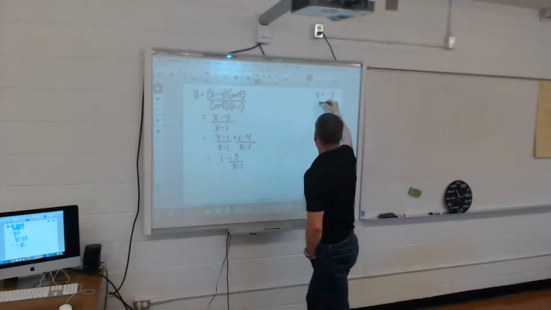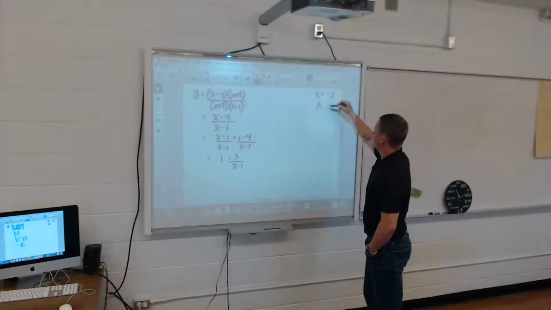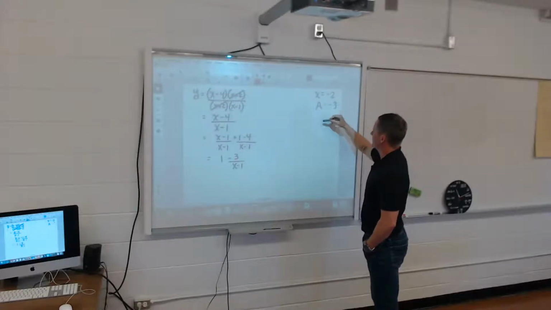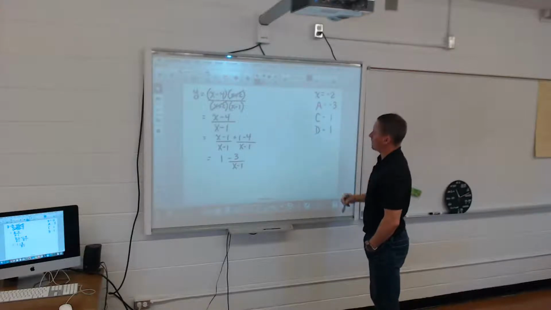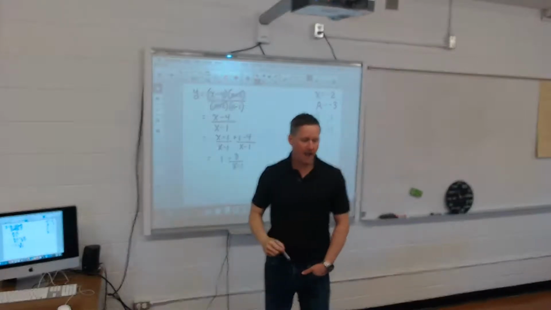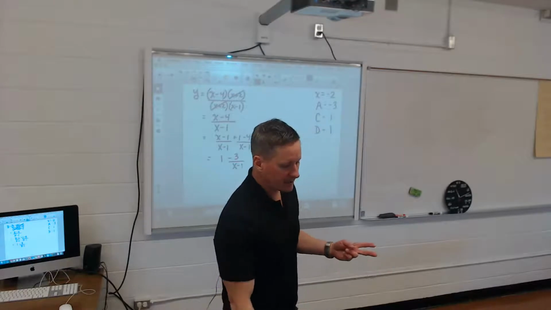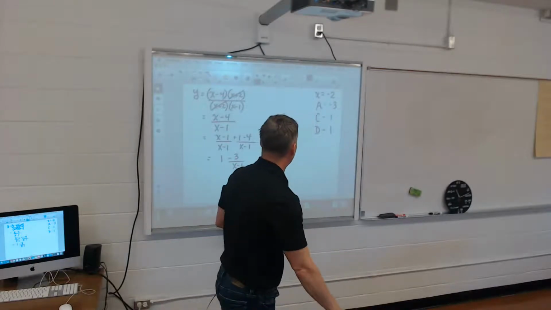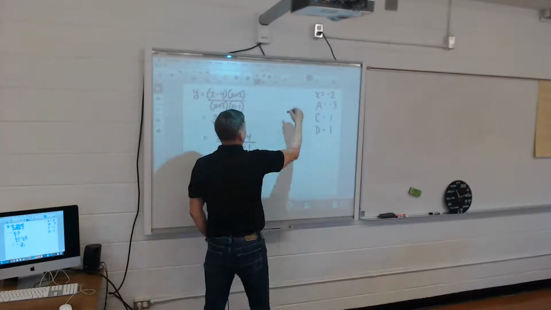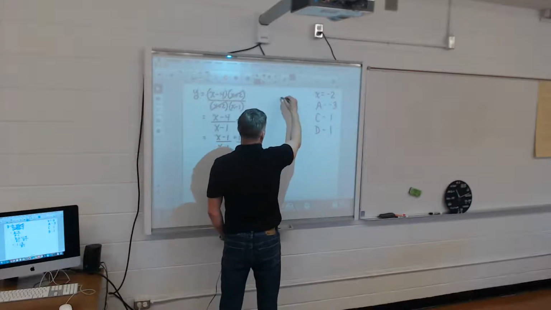That means my a value is -3, my c value is 1, and my d value is 1. So now I have two asymptotes and a point of discontinuity. If I were to graph this out now,